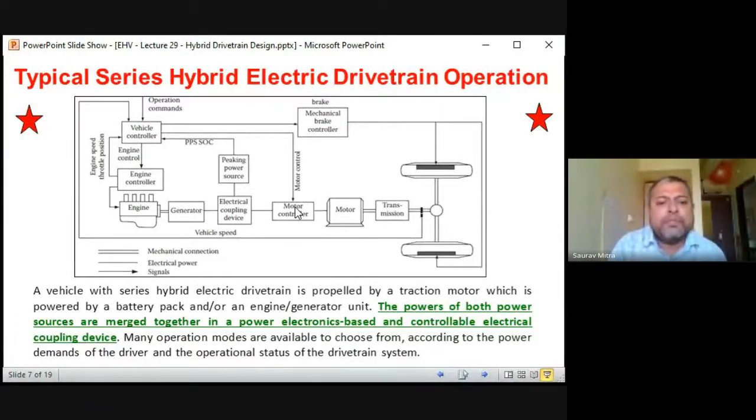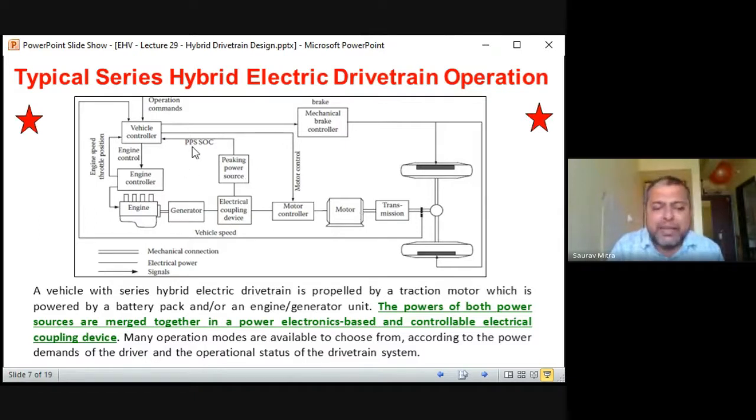There are two ways the vehicle speed can be controlled by the vehicle controller. One is by controlling the engine, and the second is by controlling the motor. In these two ways the vehicle controller can control how much mechanical power is given to the actual transmission. You can see here engine, mechanical coupling, generator, AC. This is converted to DC by the rectifier, and that signal is given to the motor controller and then to the actual driving motor, which gets the power. So this is the series type of energy generation.